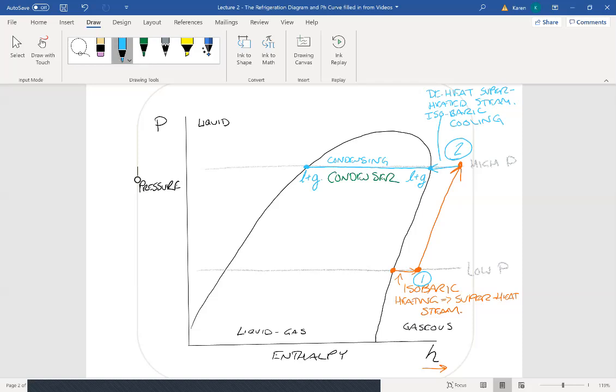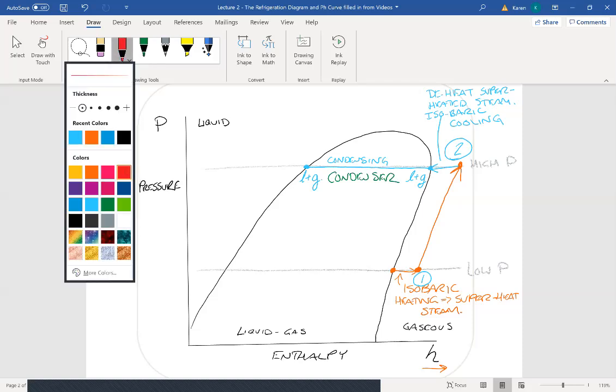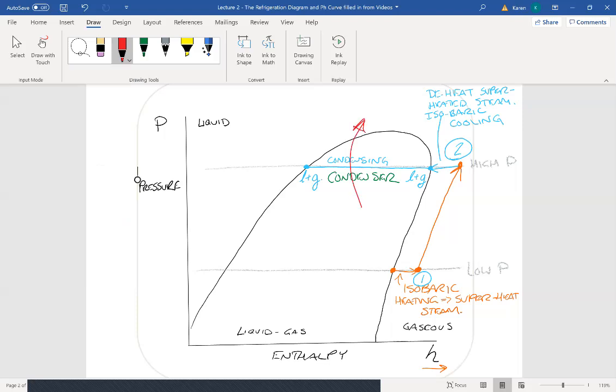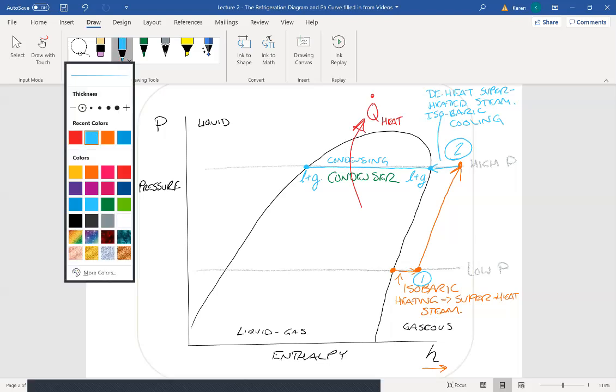And why does this happen? Why do we put a condenser there? In order to, this is the whole point, Q dot heat, we are going to expel the heat that we took from inside or from the place we want to cool. We need to expel it so that we can go and get more. So that's good. We're expelling that heat energy